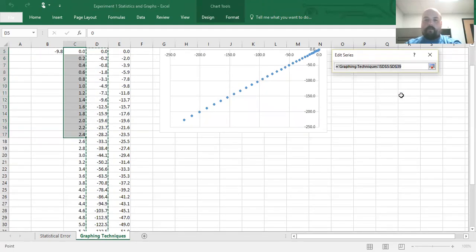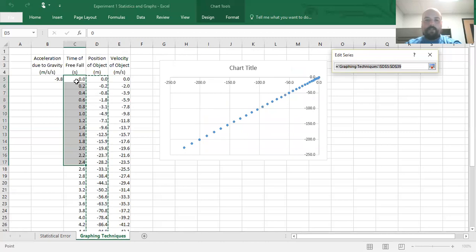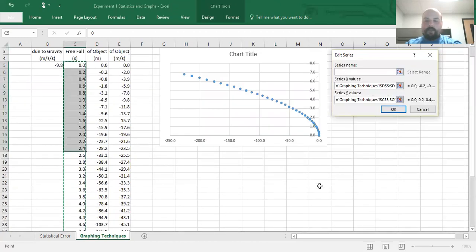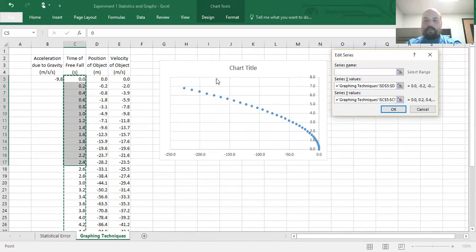And we'll do it the same for the y-axis. In this case, we'll do the time. All right, so we have here an inversion of the original graph, which was supposed to be position as a function of time. This is time as a function of position, which for us doesn't quite make a whole lot of sense. So that is just to kind of show you how you can manipulate the plot in order to